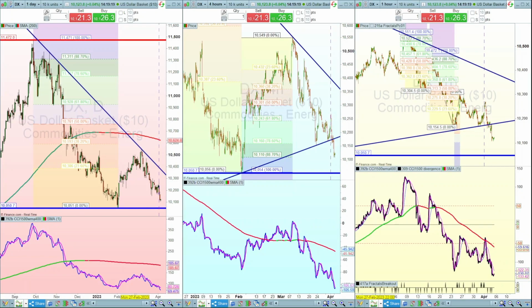It's April 5, 2023. This is the US dollar price update. We have the daily, 4-hourly and the hourly charts, and I'll drill down to each of these. Now overall you can see only short positions. We're in a bearish outlook for the daily, the 4-hourly and the hourly, so only short positions, no long positions